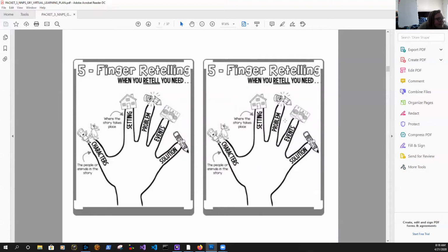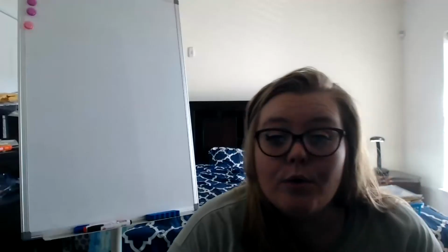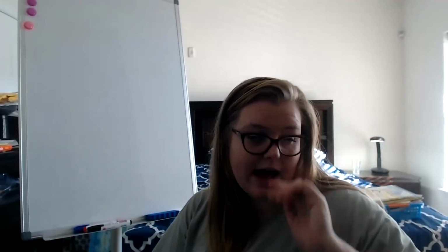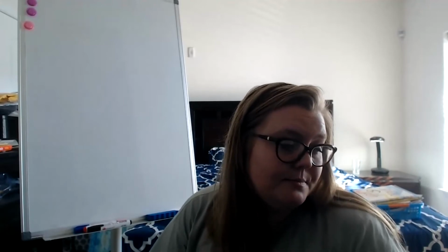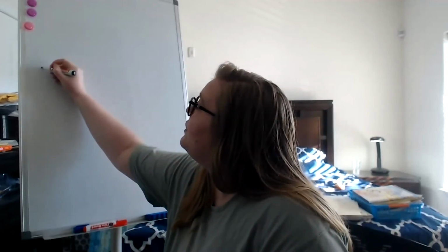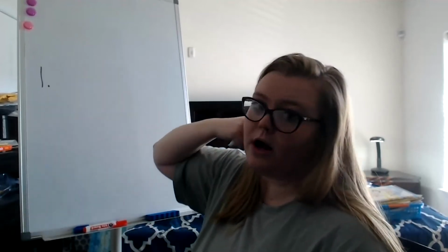Remember, we said that when we retell, you are telling the important parts. You're not telling the little itty bitty things that happen. You're telling about the characters, the setting, problem, big events that happen, and the solution, which is how that problem is solved. So a way that you could write out your retelling of the story, look at this picture that gives you the 5 things that you need to retell, and on a piece of paper, you could write 1,